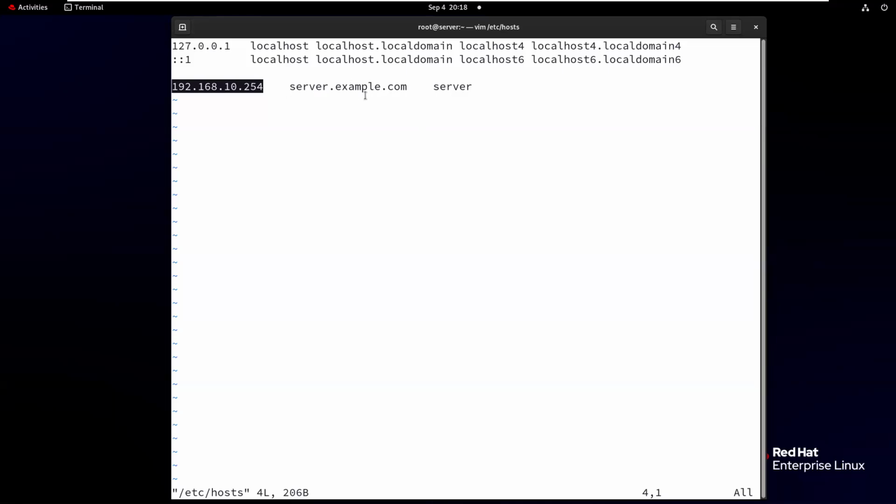But this is not a public IP, and this is not my public domain name. So that's why we will verify the output within the computer only. But if you want to access the output outside of the network, then here we need to add your public IP address and public domain name. Then it will work perfectly. Okay, now save the file.